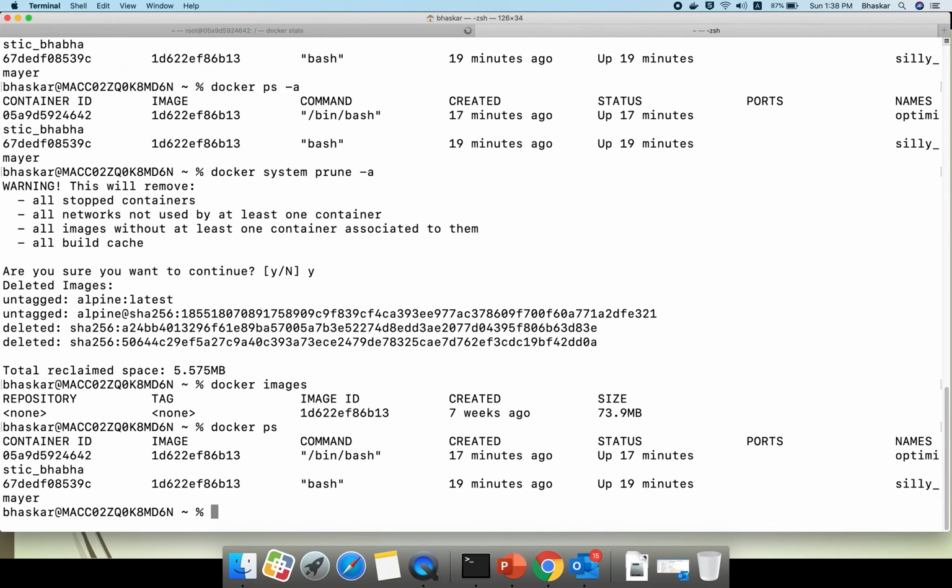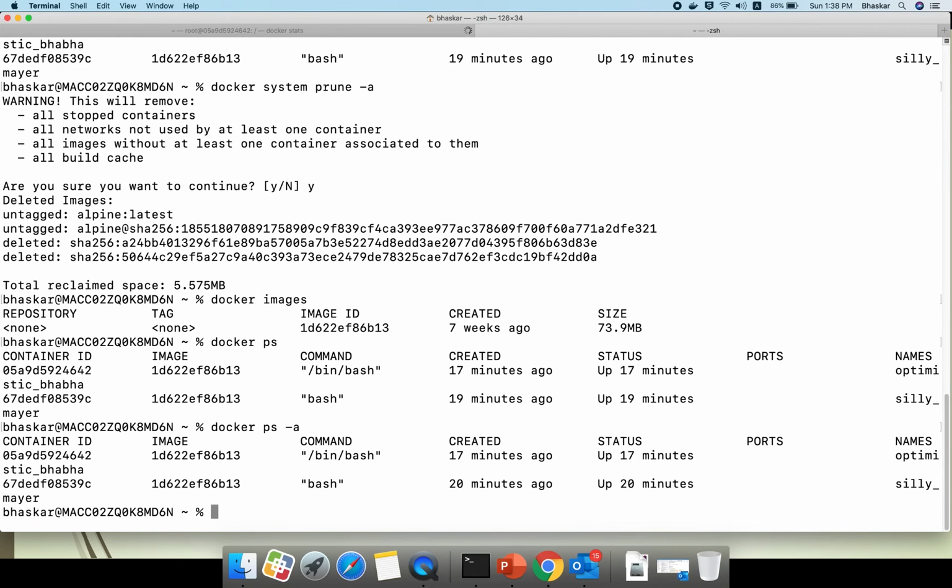Docker ps, processes are still running. If a process is running, we cannot delete it. If you stop it, it will be deleted. Okay. If you say docker ps -a, see, these two are still running, that is why they are not deleted. That means this prune command is nothing but total reclaimed space, which containers are not using, which images are not using, those things will be deleted. Understood my point? So this is all. There is no repository tag, that's why it is not deleted. This one is related to something different.